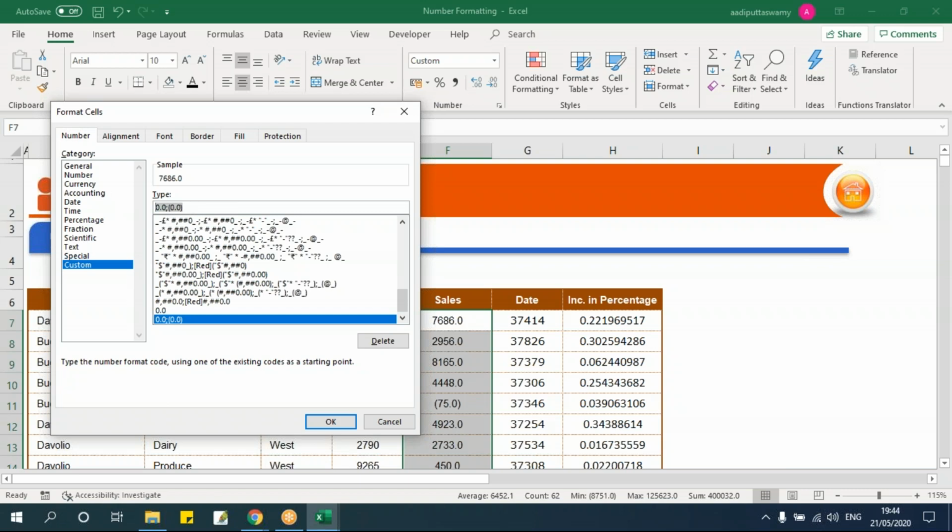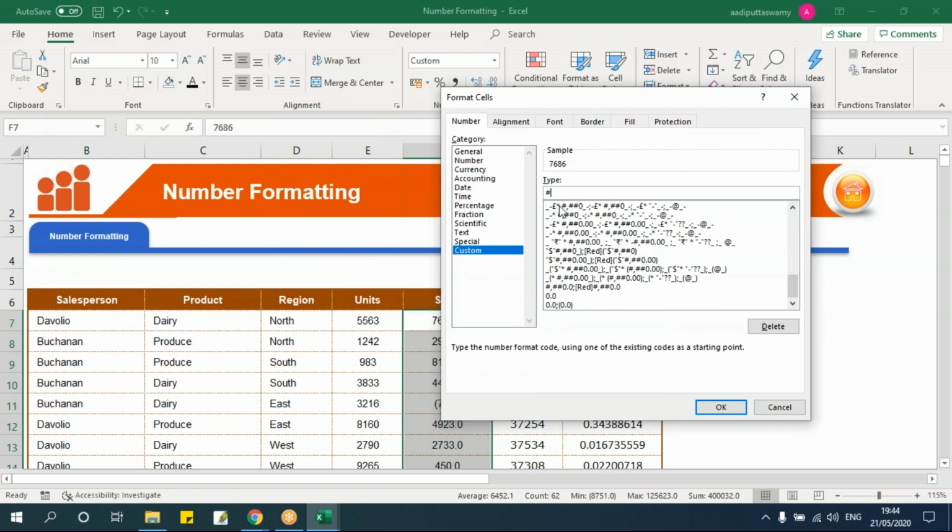Now what we'll do is, we'll try to give the 1,000 separators as well. We have hash, which is a placeholder, which will help me in having this 1,000 separators or these numbers here like this. Say comma, I'll say one more hash, then one more hash, then 0.0. This hash is a placeholder, and this 0 I have given here is, if there are only decimal numbers, then I should have one 0 value here. So for that I've given this 0.